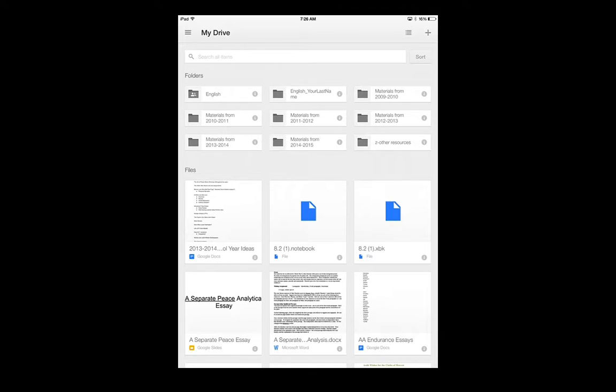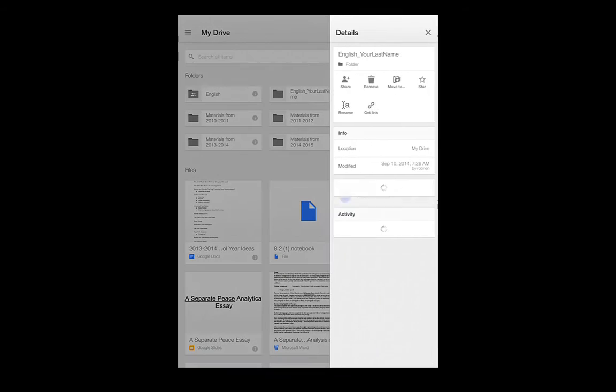Now the next step that I want to take is I would like to share this folder with my teacher. So you're going to share this folder with me. That way, anything you put into this folder, I will be able to see as soon as you put in it, and I will be able to edit it or grade it or anything that I need to do. So the way we do this is we click on the I symbol on the right of that tab, and